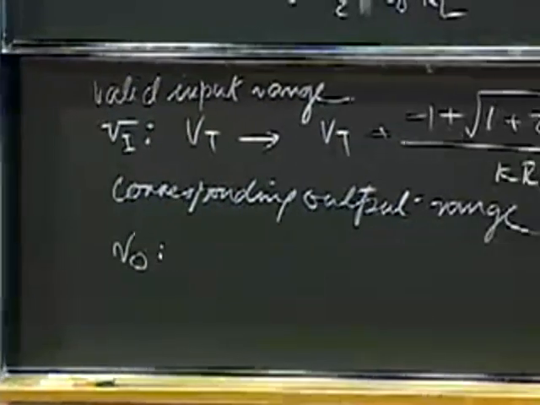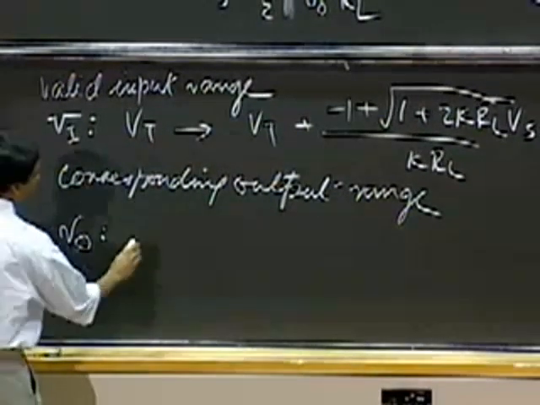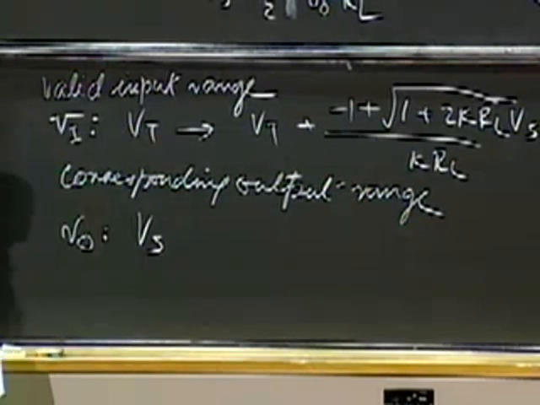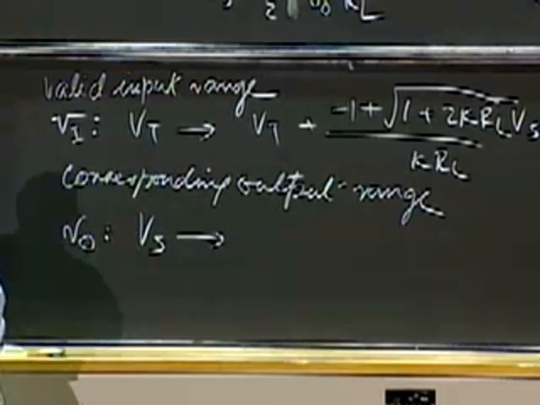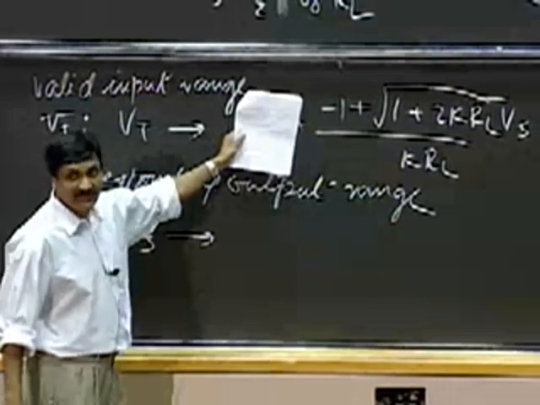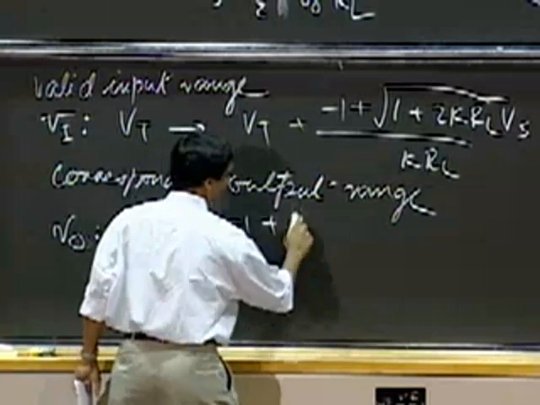I can also write the corresponding output range, and that goes from Vs, since when the input's at Vt the output's at Vs, down to the input minus Vt, which is simply minus 1 plus